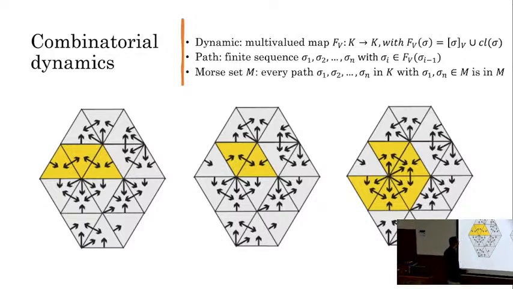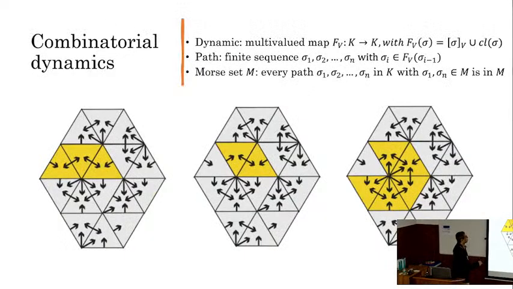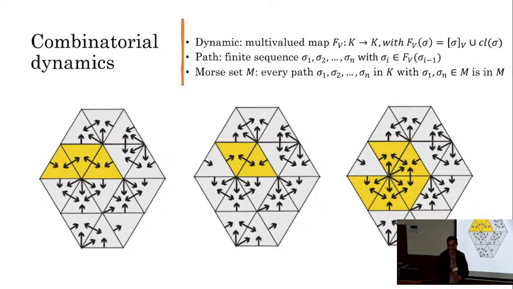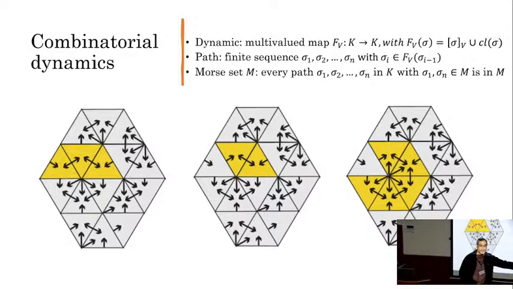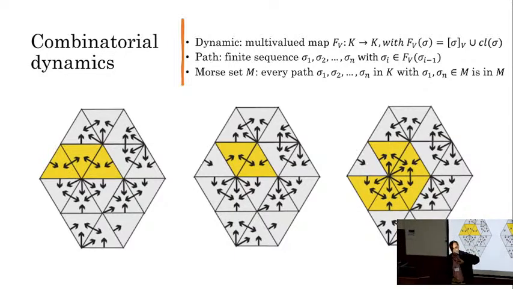So that's called the flow. And what is a path? A path is a sequence of applications of these atomic flows. Basically a path, I start from a simplex and see where I can go. That will give you a path through this multi-valued map. So that will simulate the integral paths in the vector field.